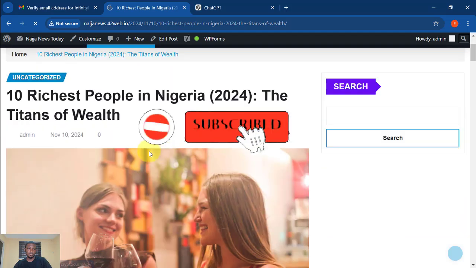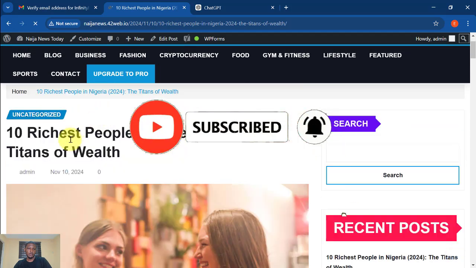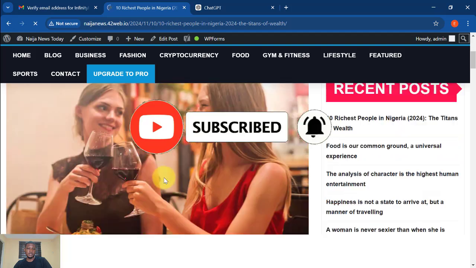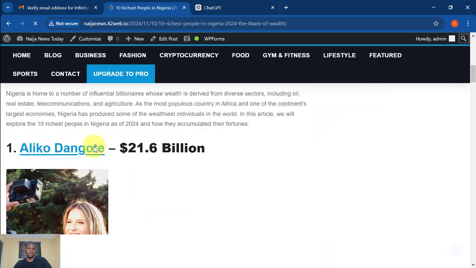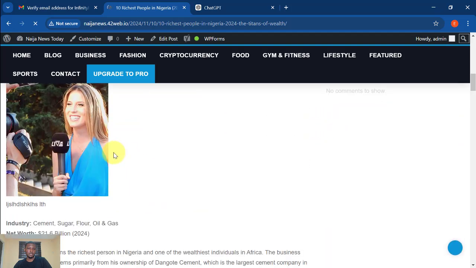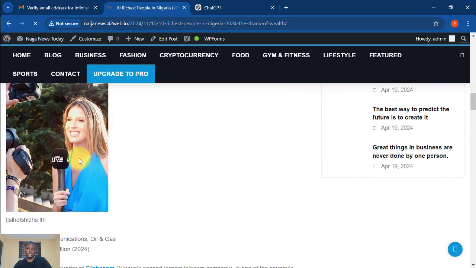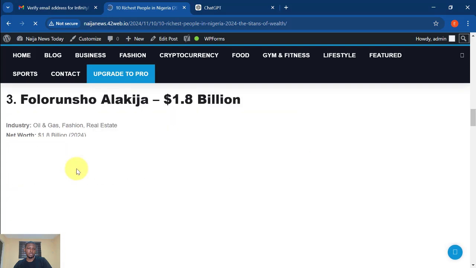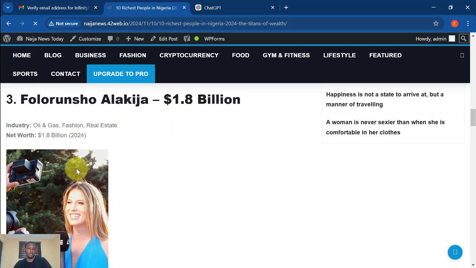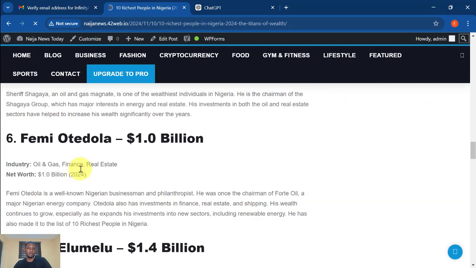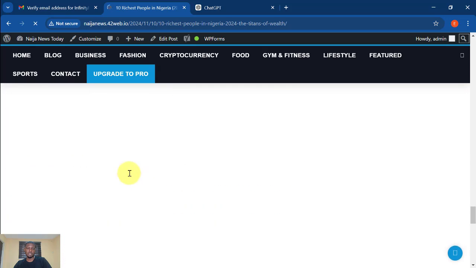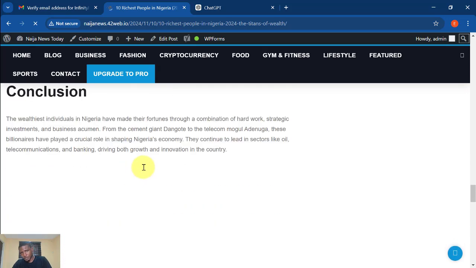Yeah, so you see, this is our post here. This is the featured image, and then you have the details here. You have the image of Aliko Dangote, you have the image of Mike Adenuga, you have the image of Alakija, you have all of this here. So people will come here and read your post. Okay, so let's go back to dashboard,